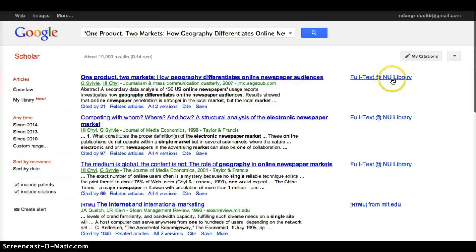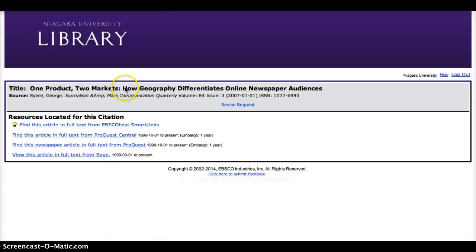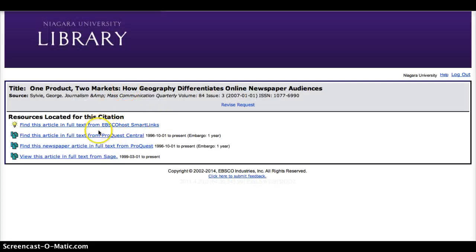And if you'll notice, because I've set it up under library links, under settings, which there's direction on your course guide, you have access to this at NU Library. So you just click on the link, and you'll find the link to which this article is in any one of these